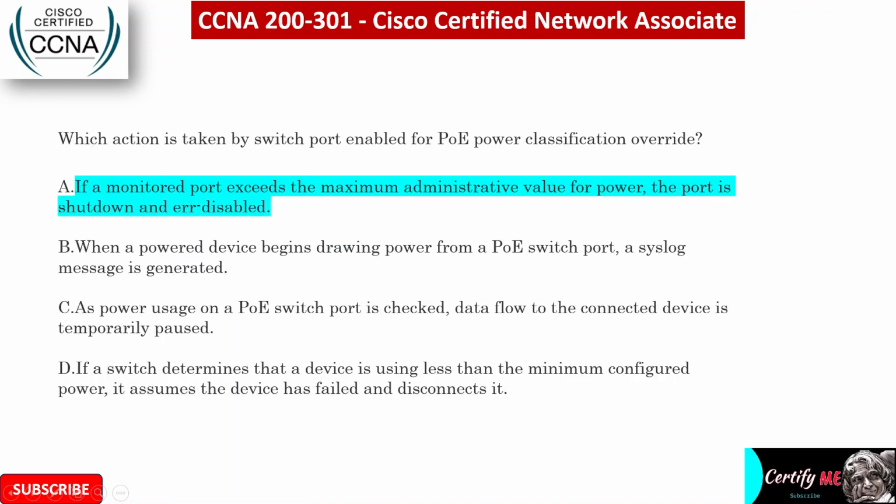Next question. Which action is taken by a switch port enabled for PoE power classification override? Option A. If a monitored port exceeds the maximum administrative value for power, the port is shut down and disabled. Option B. When a powered device begins drawing power from a PoE switch port, a system log message is